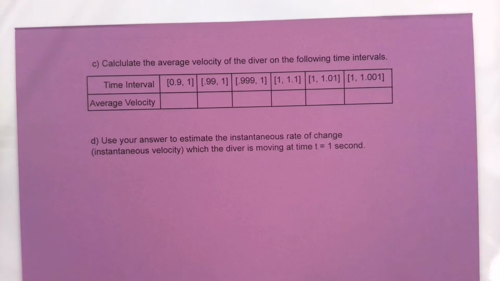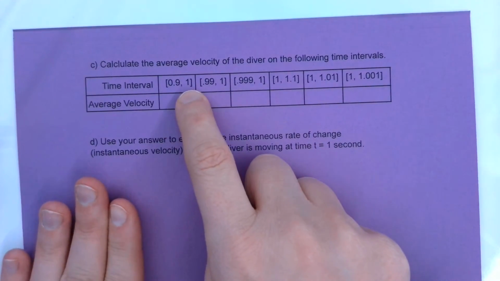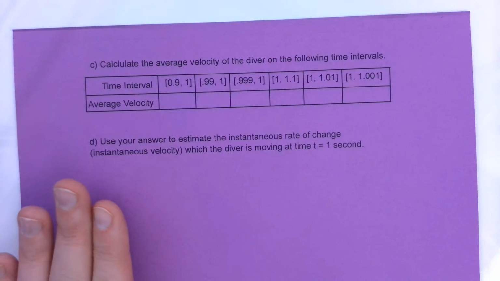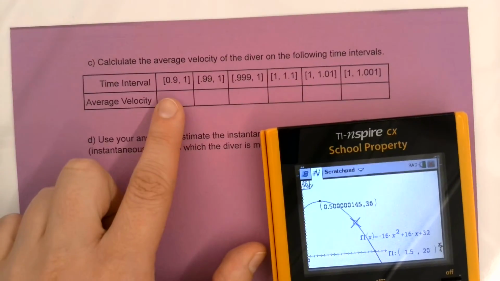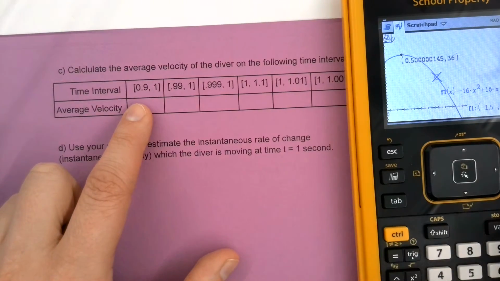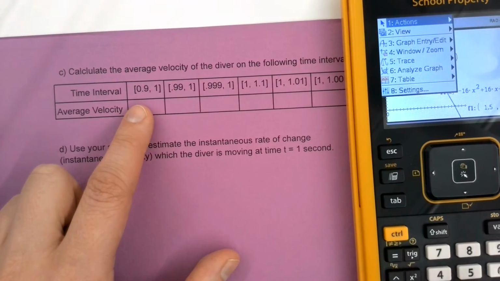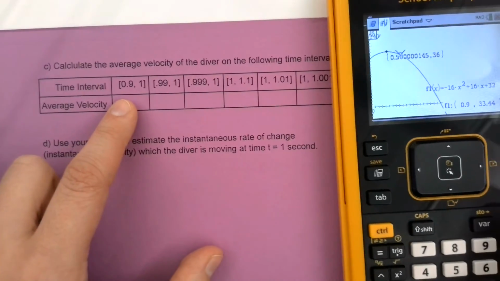Okay, so this is going to take a second. We're going to find some other average velocities, starting with the velocity from 0.9 to 1. That means that we're plugging in other things, and we're going to tag team this a little bit. For 0.9 and 1, we're doing the same thing that we did for the last one. So I would need to go back to my trace and plug in 0.9. So I get 0.9,